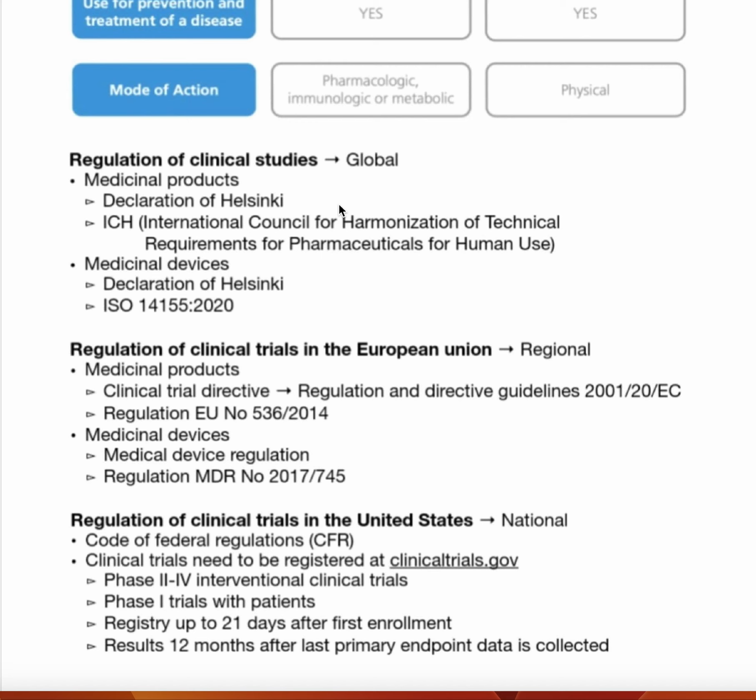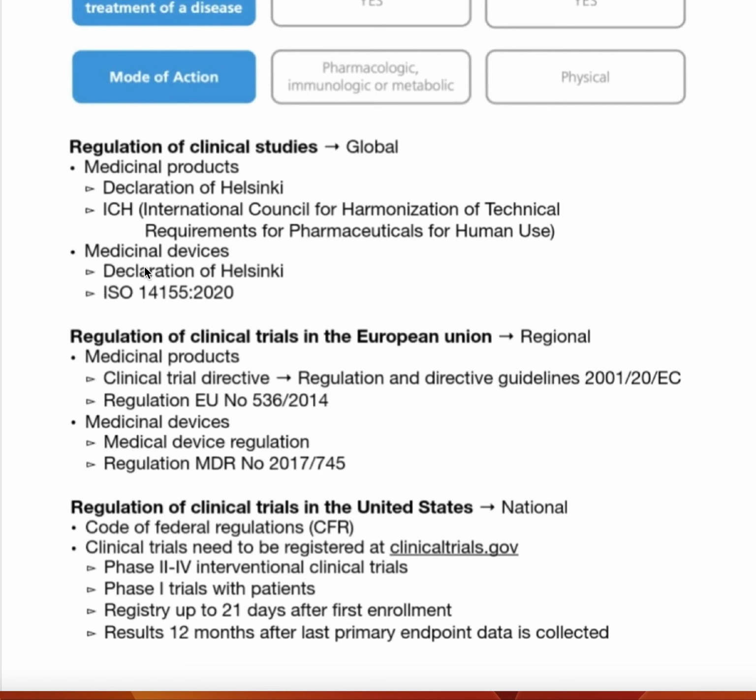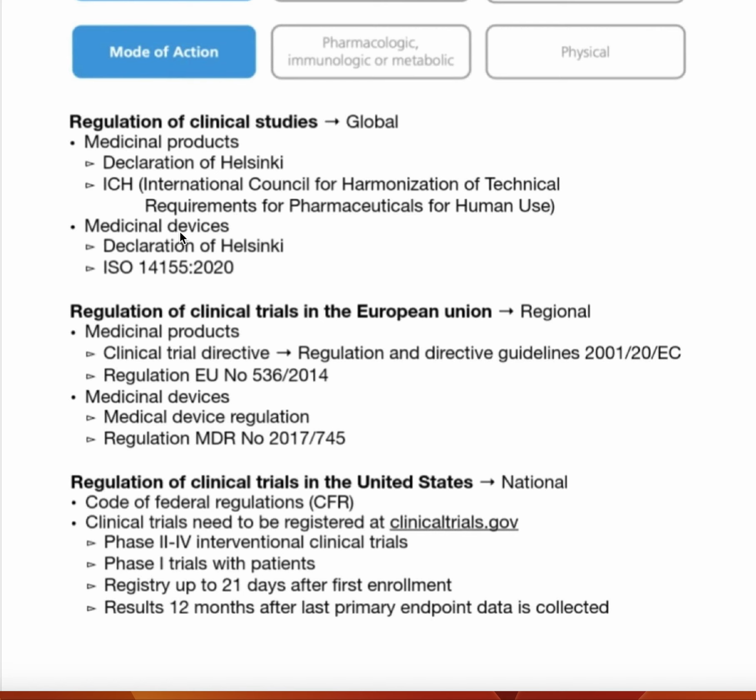For the medicinal products, I mean here the drugs, we have the Declaration of Helsinki, and we have ICH, International Council for Harmonization of Technical Requirements for Pharmaceuticals for Human Use. Both of them are global and they are related to the medicinal products. And for medicinal devices, again, Declaration of Helsinki, but we have something called ISO